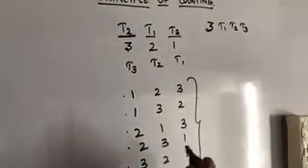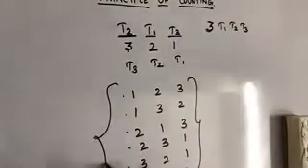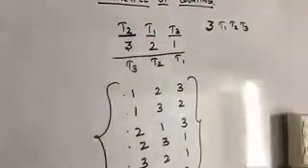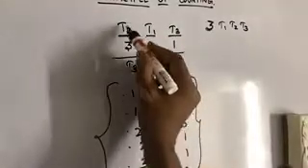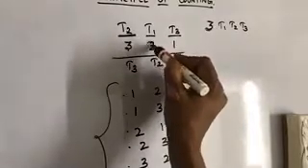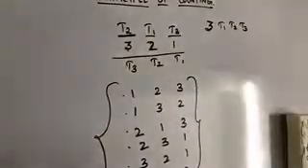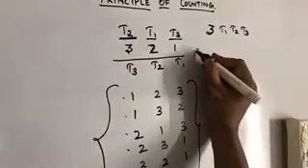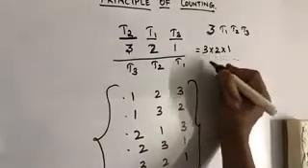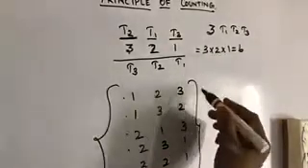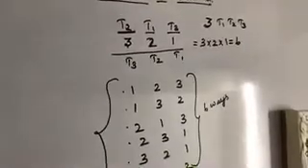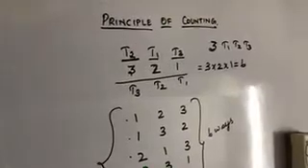How to find this without using this elaborate calculation? So here this is what I have to do. The first place can be filled in 3 ways, the second place can be filled in 2 ways, and the third place can be filled in one and only one way. That is equal to 3 into 2 into 1. 3 2s are 6, 6 into 1 is equal to 6. Here 6 ways. These are all the 6 ways. This is known as the principle of counting.